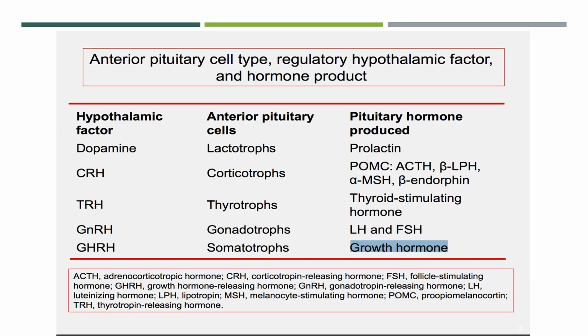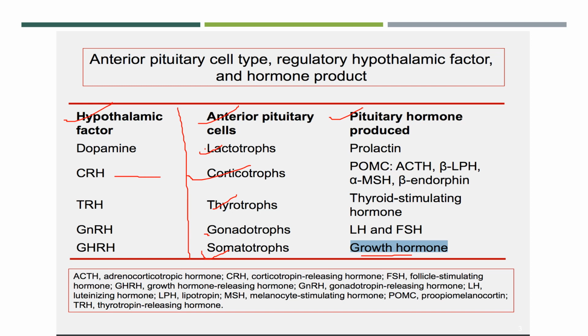So this figure gives us an idea about the harmony between the hypothalamus, pituitary and the target organs of these hormones. So we know different types of cells present in the anterior pituitary. It may be the somatotroph that secretes the growth hormone, the lactotroph that secretes the prolactin, corticotroph that secretes ACTH, thyrotrophs that secrete TSH, gonadotrophs that secrete LH and FSH. All of them have their corresponding releasing or inhibiting factors that are released from the hypothalamus.